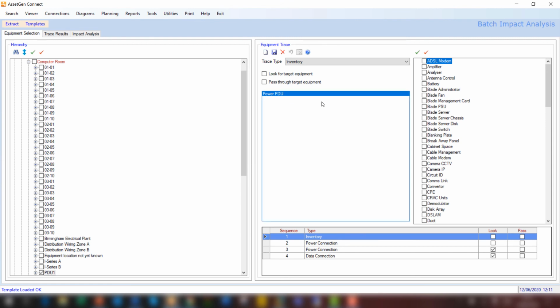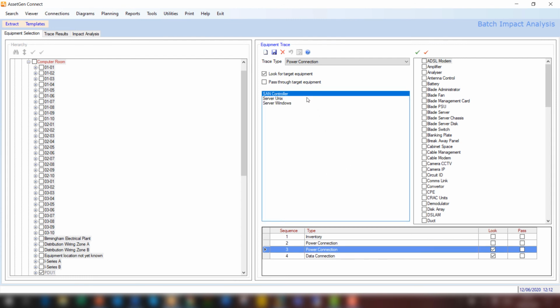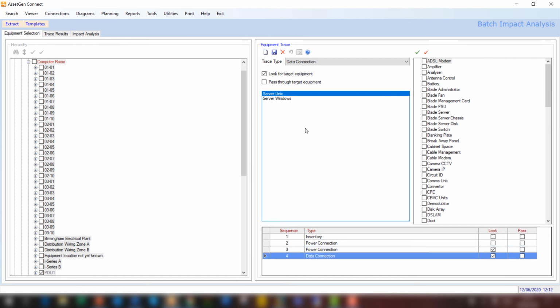inventory of that PDU, because we may do an inventory of multiple switches that we're replacing, multiple servers we're moving, there's a range of things. It's then going to trace the power connectivity to all the power strips. It's then going to take that result and then trace the connectivity of those power strips to any SAN switches, Unix boxes or Windows boxes, and then finally it's going to take any connectivity from the SAN switches to Unix